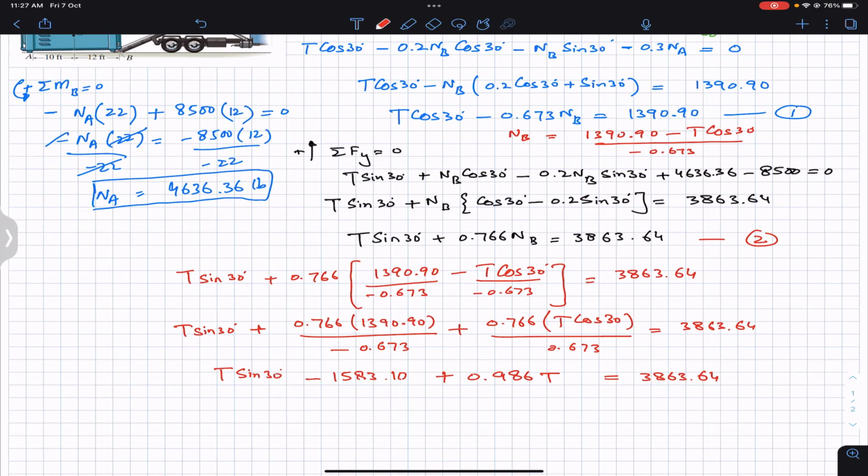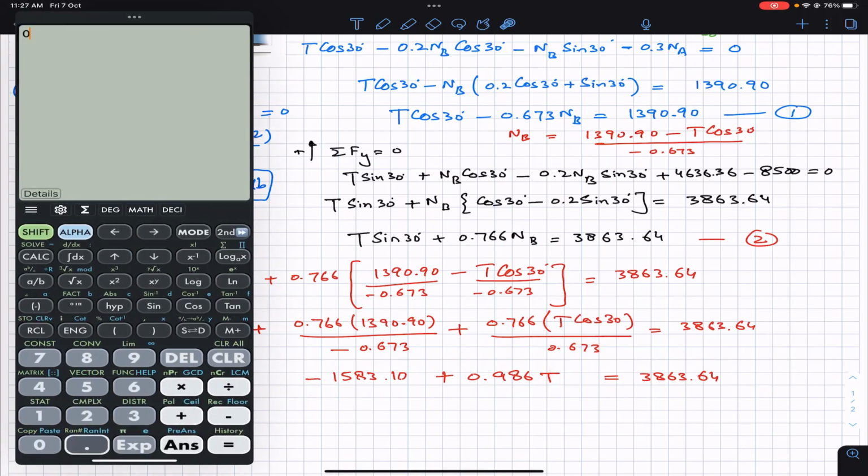So now we can add both of these terms. Sine of 30 is 0.5. This is T sine of 30, so this is 0.5 T. So now let's add both of these terms and let's bring this to the other side of the equation. So we will have 0.5 plus 0.986. So this is 1.486 T. And this will be equal to